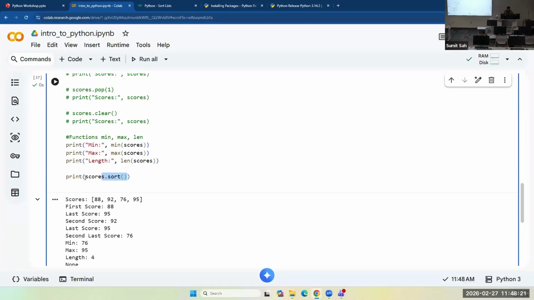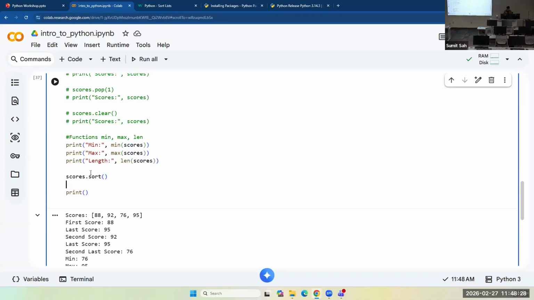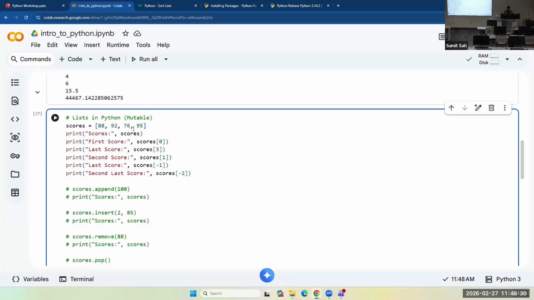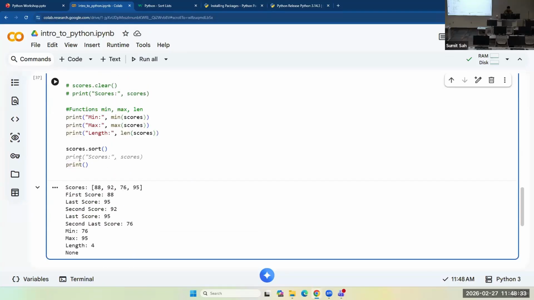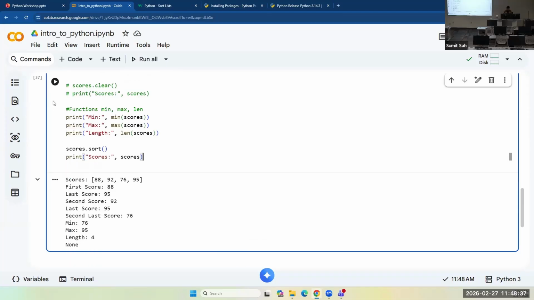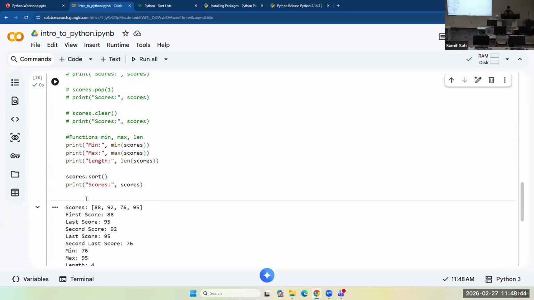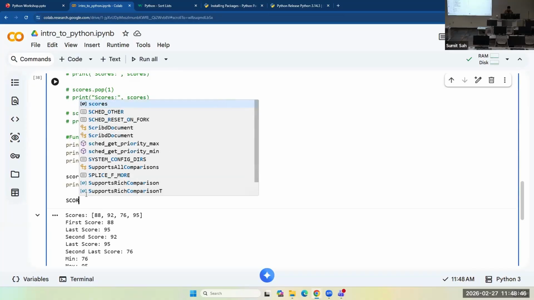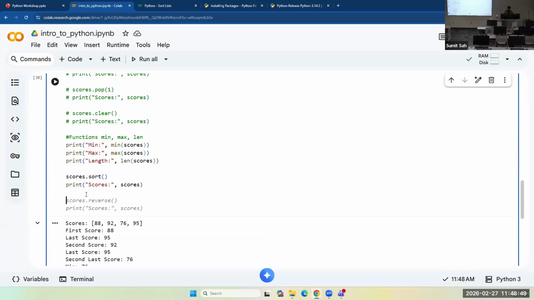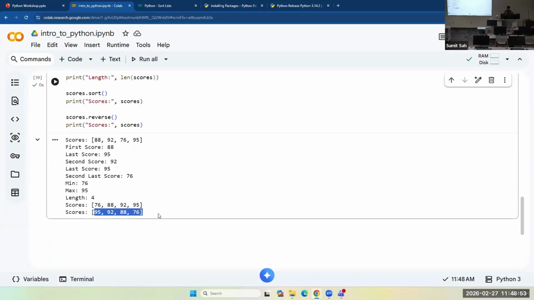So you say sort, and it will sort the scores in ascending order and print the scores. This was the unsorted one, and this will be the sorted one. And you could also say scores dot reverse, to reverse the list.